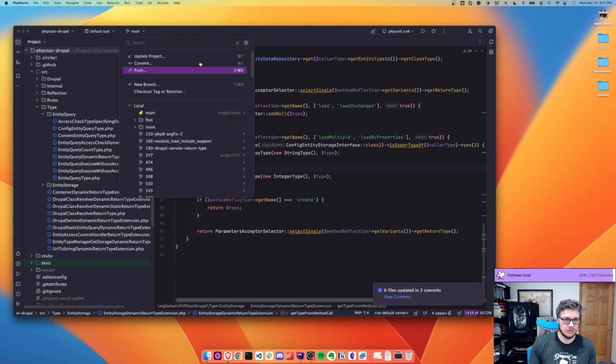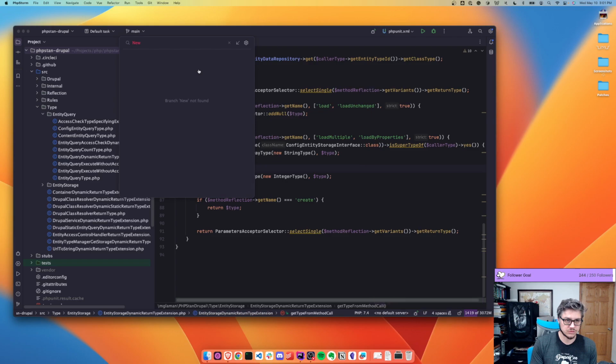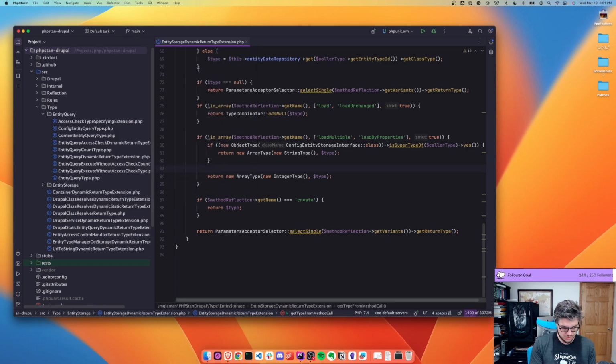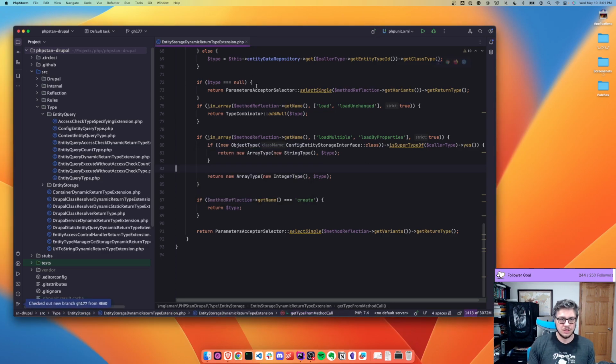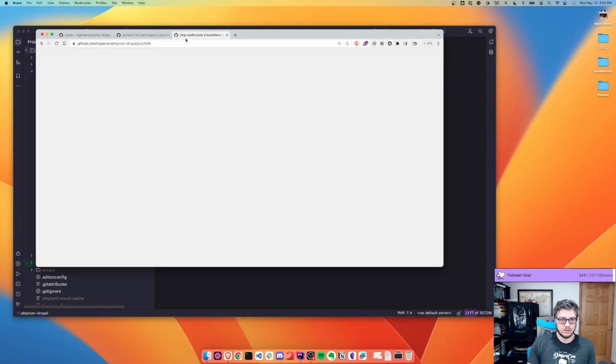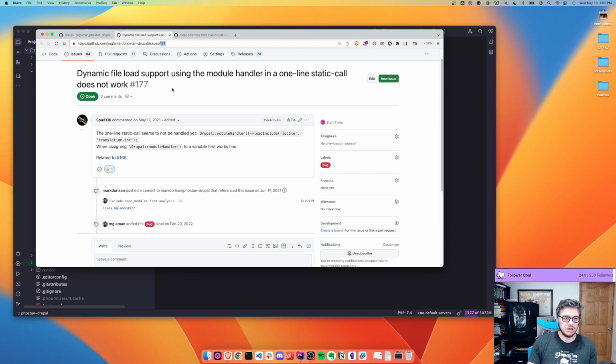I don't like that. Before, you used to be able to type create branch and it would work. But I guess Option Command N is the shortcut. Just to make sure that. Okay,